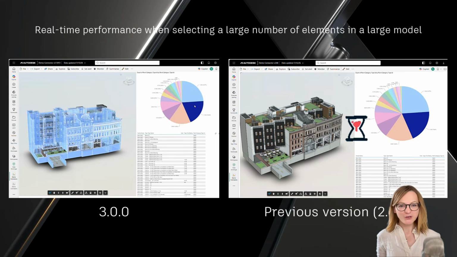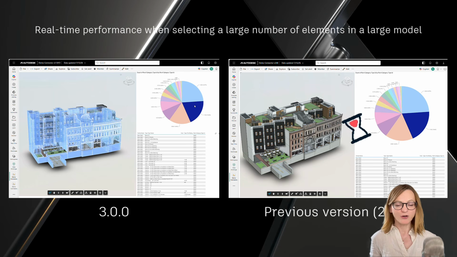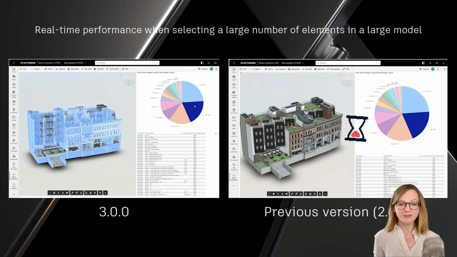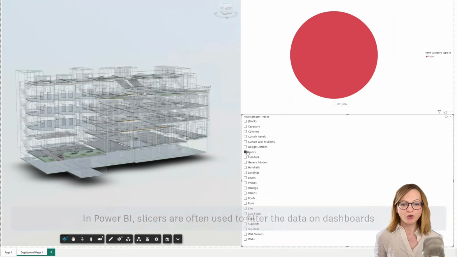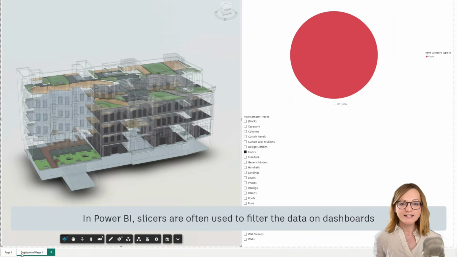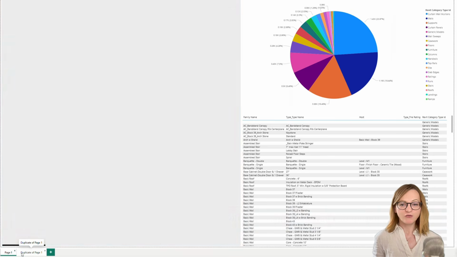As you might have already heard, we have released a major upgrade for our Power BI connector version 3.0. It comes with significantly improved performance and several visual enhancements, such as the ability to switch between report pages while keeping your filters and slicers active. In this video, I want to show you how to update your existing dashboards so you can take full advantage